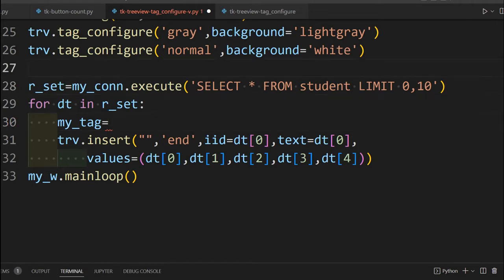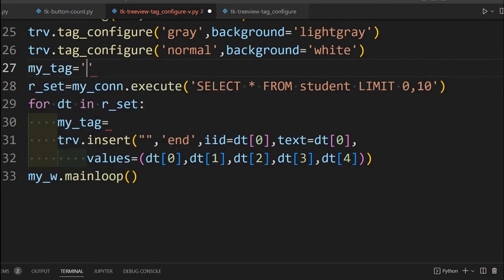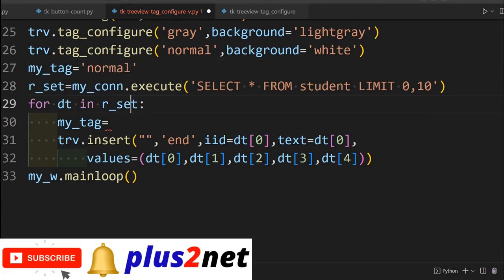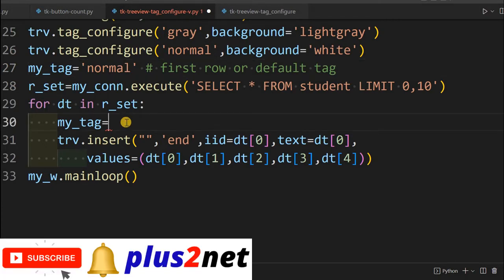Okay, one step I missed. By default, before coming to the loop itself, we'll assign it one value. So we'll say my tag equal to, let's say, normal, if you want your first one to start with normal. So here we have declared it. It's a default, so I'll just write it: first row or default tag. Fine. Now inside that loop, first what we are going to do is we'll say